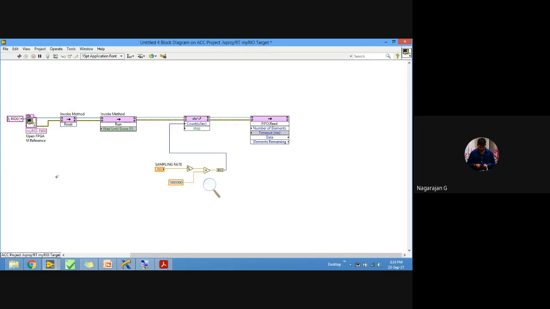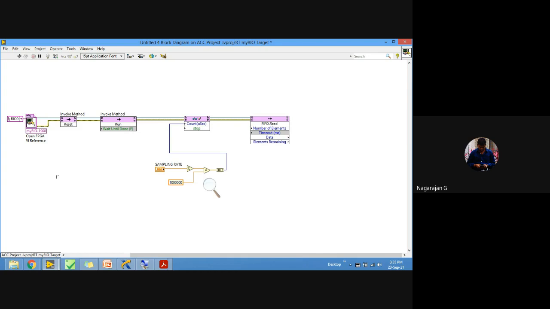Whenever we use the programmatic FPGA interface communication, the FPGA VI runs on the target and the host VI runs on the host computer. So we use a host VI to send the information between the host computer and the FPGA target. When you want to do more data processing, then you can go for this communication between host and target. Whenever we develop more logic on the FPGA target, it occupies more gates, and the compilation process